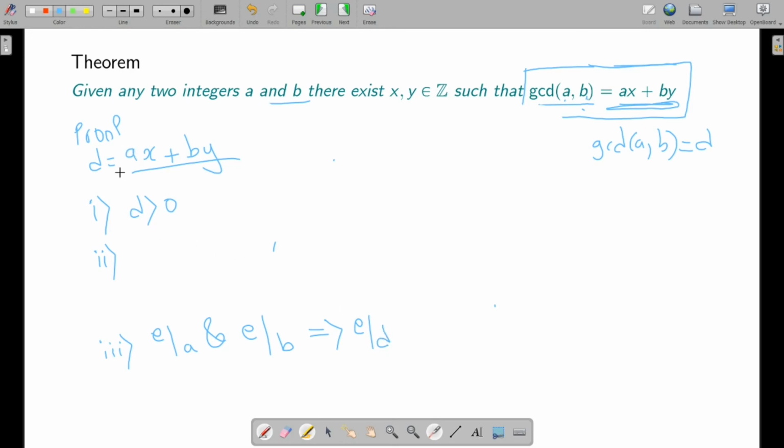Now let's prove that D divides A and D divides B. I will just prove that D divides A; D divides B is a similar argument. So to prove that D divides A, let's use the division algorithm. By the division algorithm, I can write A as DQ plus R. So I basically want to show that this R here is 0. What will happen if R is strictly greater than 0? Okay, what will happen if this R is strictly greater than 0? So if R is strictly greater than 0,